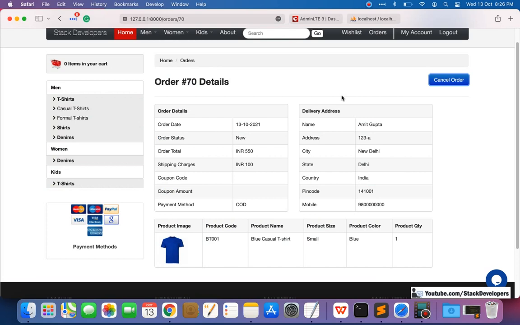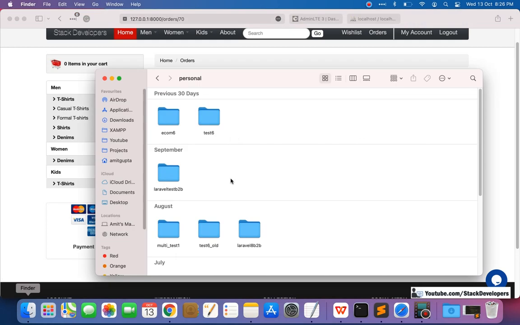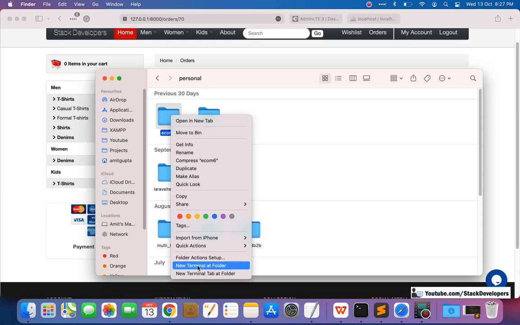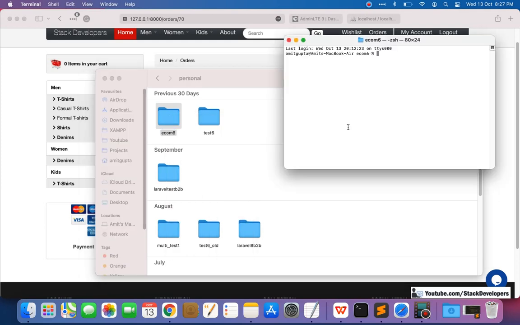First of all, we are going to create the table with the help of migration. So I'm going to run the command here. We'll right click on ecom6. This is the Mac operating system, so I need to do it like this. You know how to run your commands in Windows.